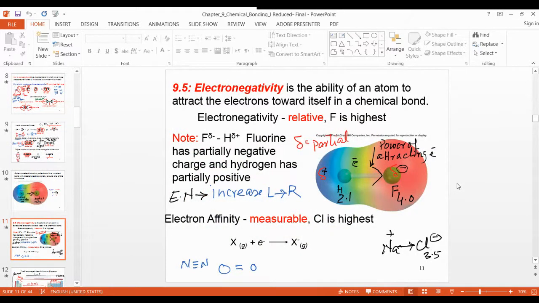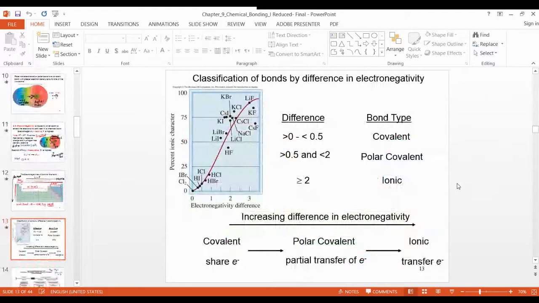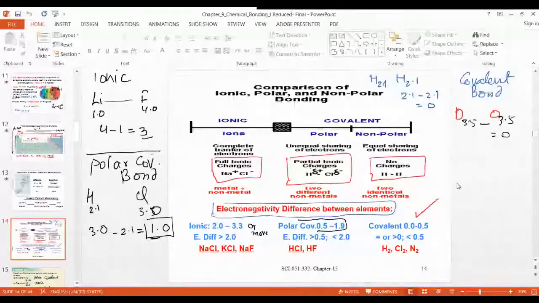Electronegativity is the attracting power, right, how much an atom attracts the electron. Electronegativity always increases from left to right and decreases from top to bottom. This is the case, right? These are the electronegativity values given. On these values you can determine which one is electronegative, which one is ionic, covalent or polar covalent bond. These are the values here.